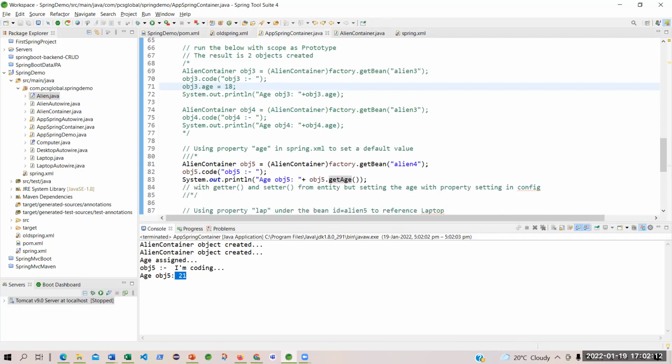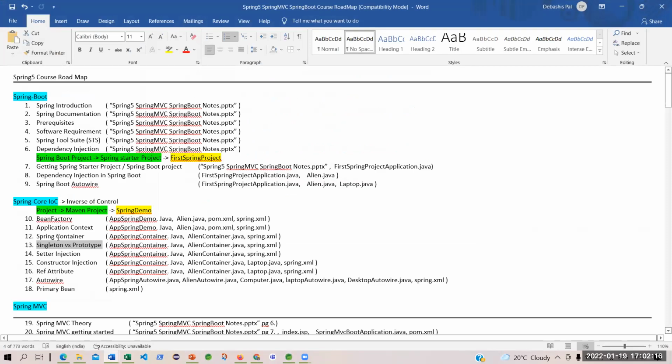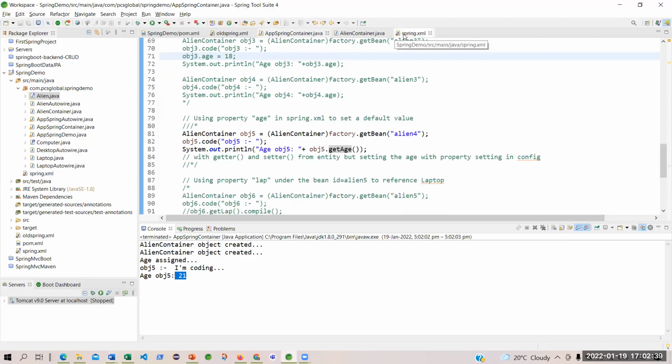That is called the setter injection, the property injection. Setter or property injection. Fine. Better to say setter injection, because everywhere it will be referred to as setter injection. Any questions for setter injection? This is called injection.